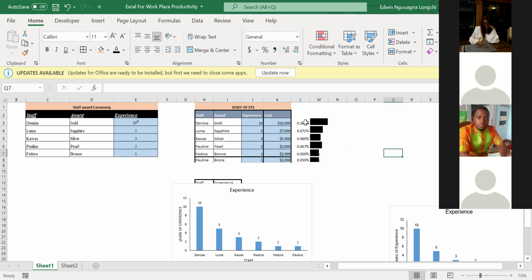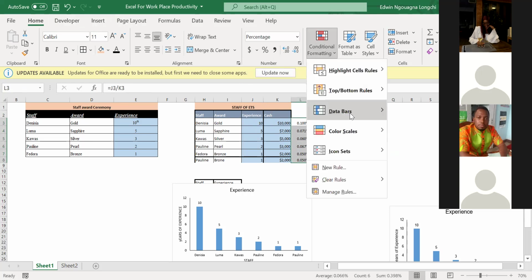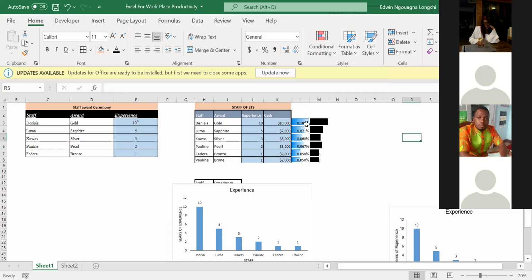So I wanted to apply conditional formatting to the data. I wanted to put the data bars, to see the length, how long, just to make it good. So I just highlighted it and I came to my home, conditional formatting. You take data bars, you can choose any color you want. So when you do this, what happens is that the data bars appear inside your data, which sometimes is obscuring.